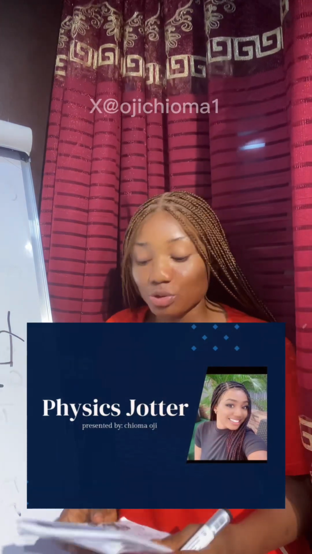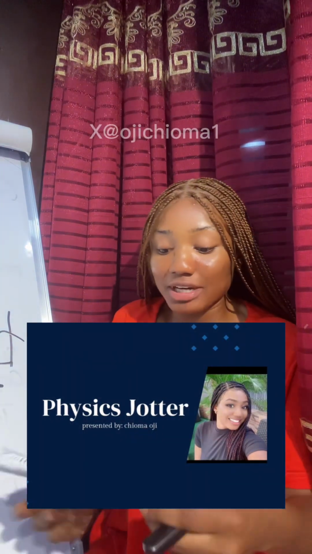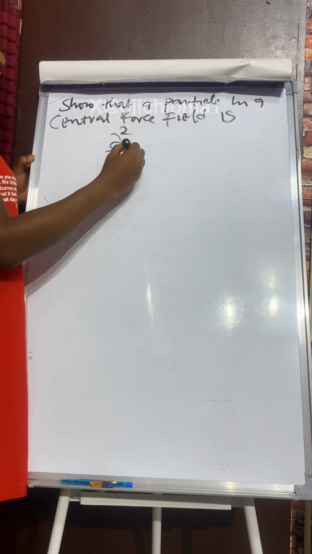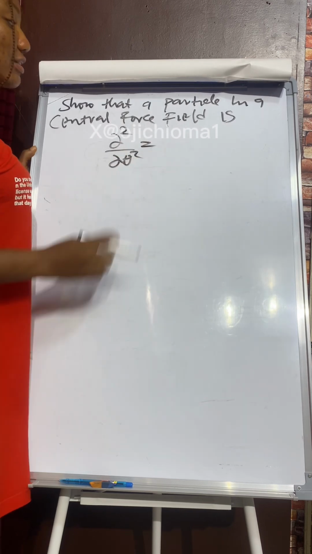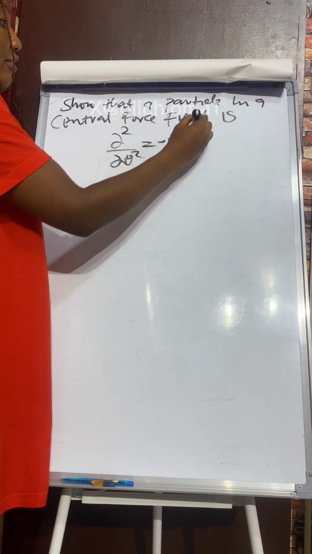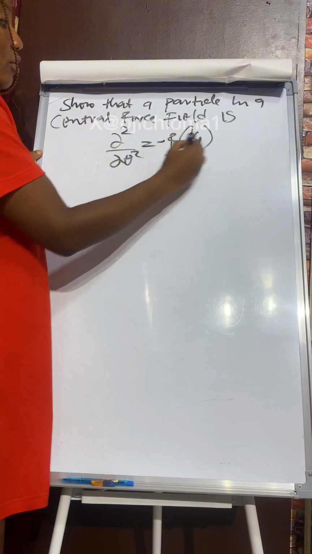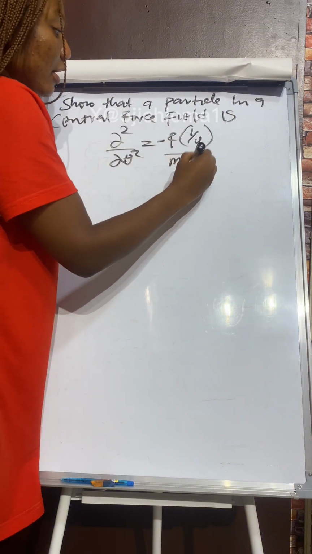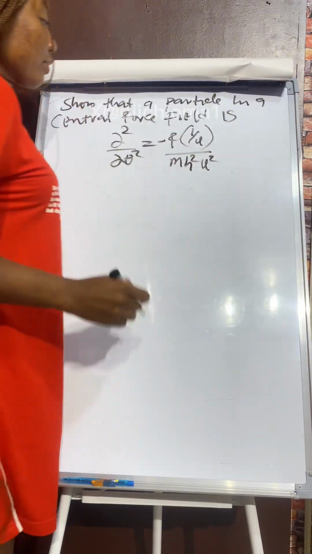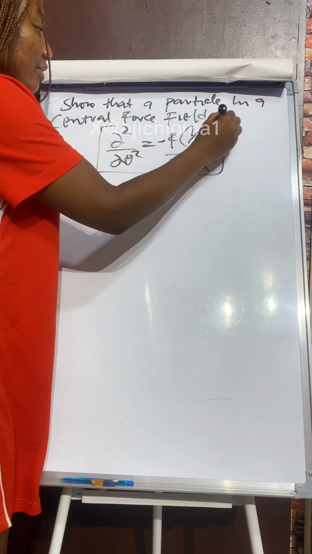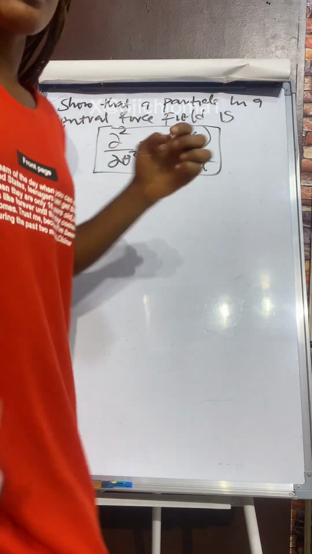God bless you. So today I'm going to be answering a username from Twitter at ICOS Andrew. So in his question he said, show that a particle in a central force field is d square u over d theta square equals minus f as a function of 1 over u over m k square u square. But before we continue, I would like to tell you that this question